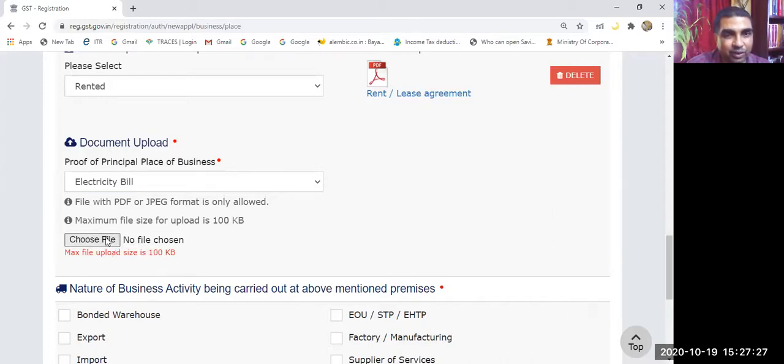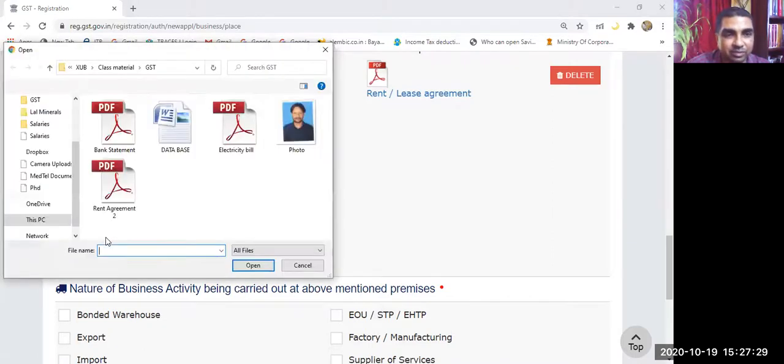Okay, what I'll do now, do you have any compressed file of the electricity bill? Take the pen drive. Here is the pen drive. I am bringing one more compressed file.